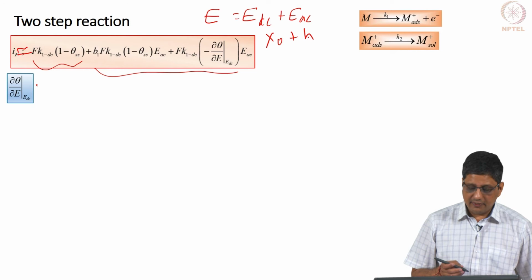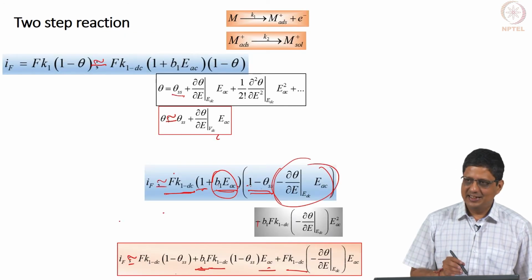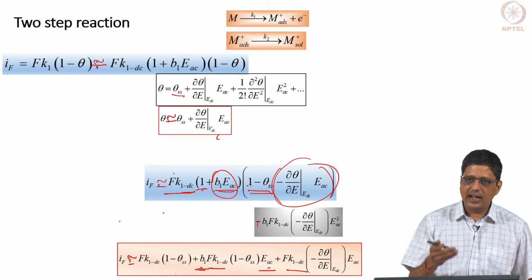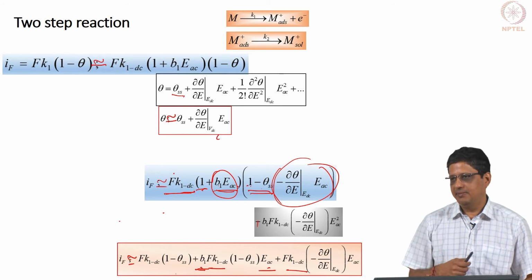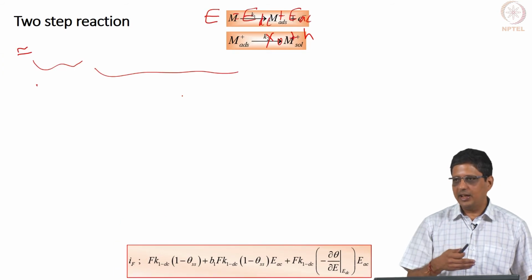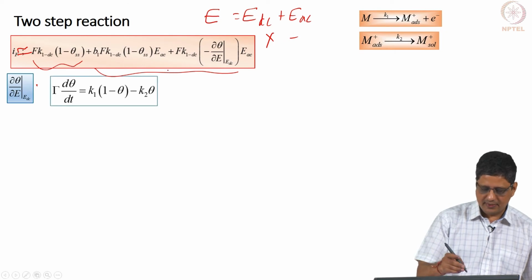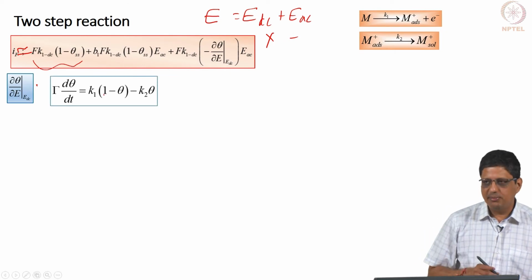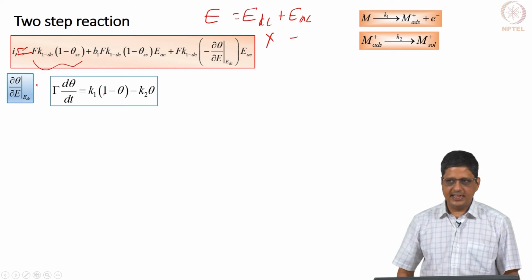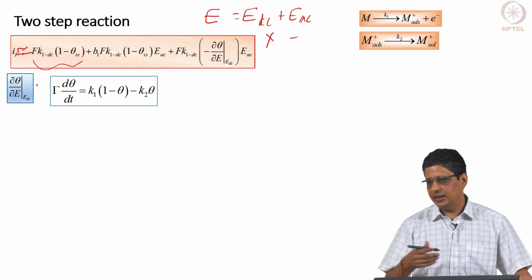Yes, the way in fact we have written, if I remember correctly, is theta SS. Theta SS corresponds to theta at the DC potential of EDC. That is what we had told earlier, that theta SS can be derived at a steady state potential. Okay. Let us see if it is manageable. Now, this equation we have seen before. This is for unsteady state. For steady state, of course, we set d theta by dt to 0 and then get the values.